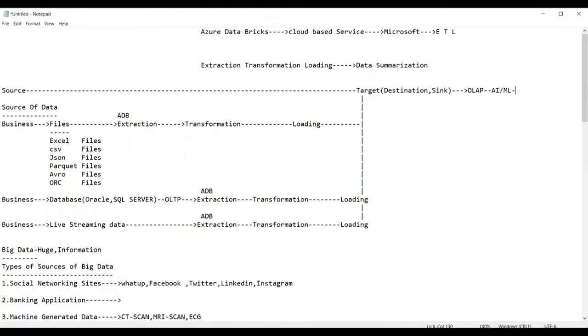Yes, ADF is more than enough. ADB individually is also enough. If you have the ADF and ADB combination, it's very good. If not, it's not like that. Definitely you will get the job, whether you know ADF or ADB. There is a misconception in the market that if you know ADF, you should also know ADB, then only you'll get a job. It's not like that. These are two different services. ADF has its own functionality and ADB has its own functionality. The only thing is the market is a bit low, so you are worried, that's all.